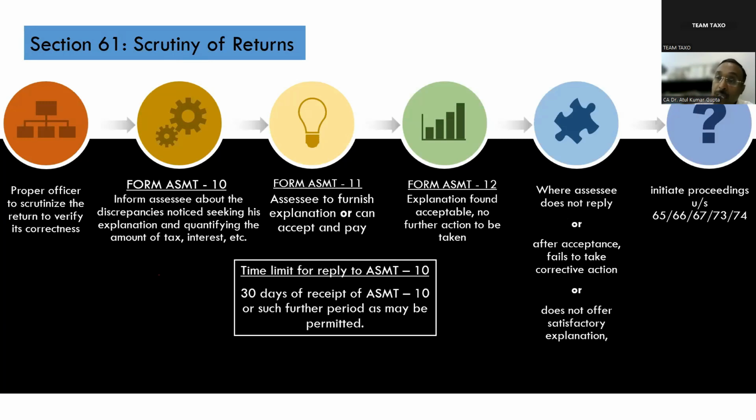The department today can even raise the demand for the year 17-18 by invoking the extended period. Meaning thereby, if the department alleges that there was a fraud, a concealment of information or a misstatement, in that case, by invoking section 74, the department can raise the demand even for the year 17-18. So, my dear friend, I will explain this aspect many times, but the only point which I will be reiterating again and again